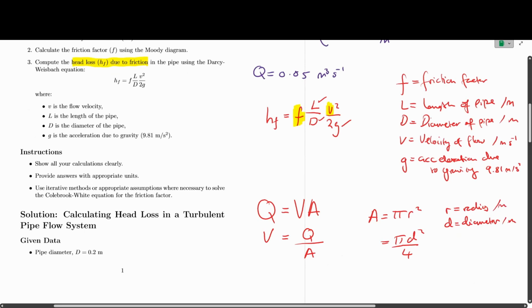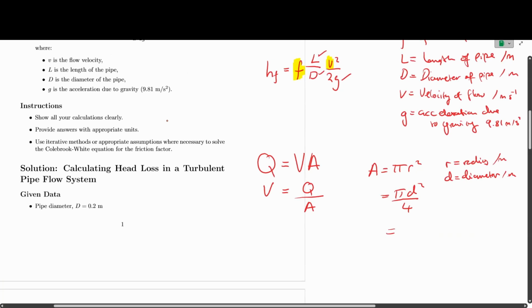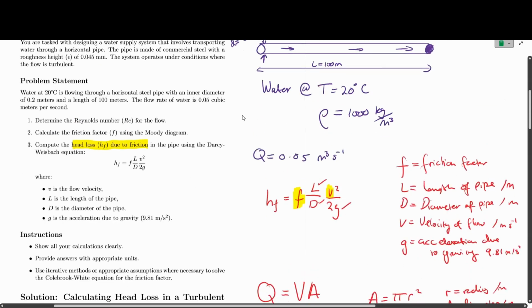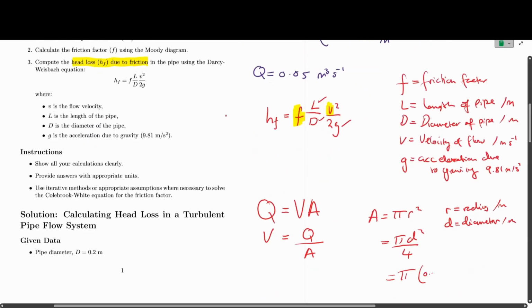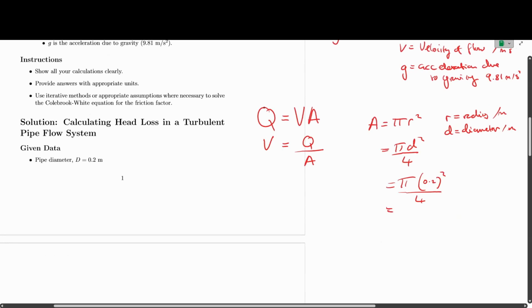So that will give us area of pi times 0.2 squared over 4. We just calculate that, and we get